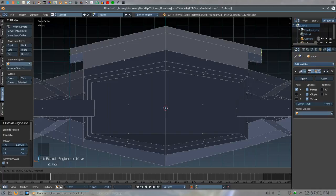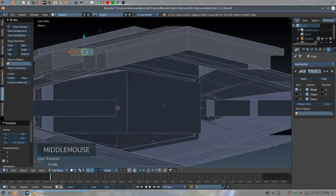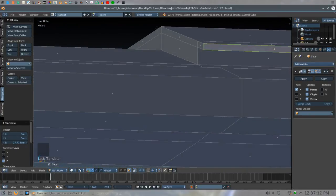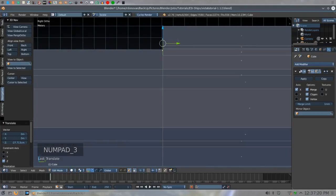Just like that. Okay, and so that gets us our roof on the bridge here. So now let's go to the front, grab that face, hold Shift key down, select that face, do a numpad 3, and then pull this thing forward about 2,